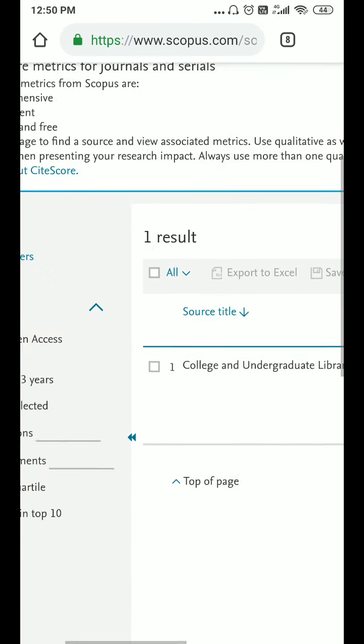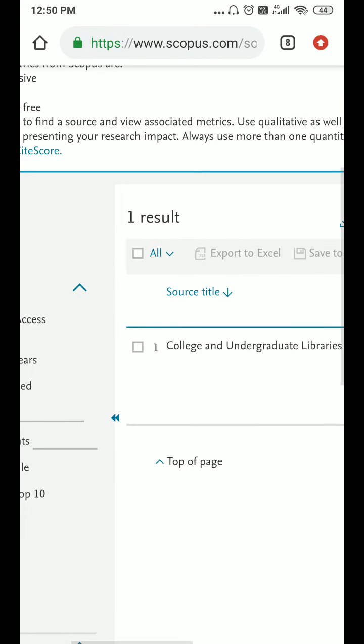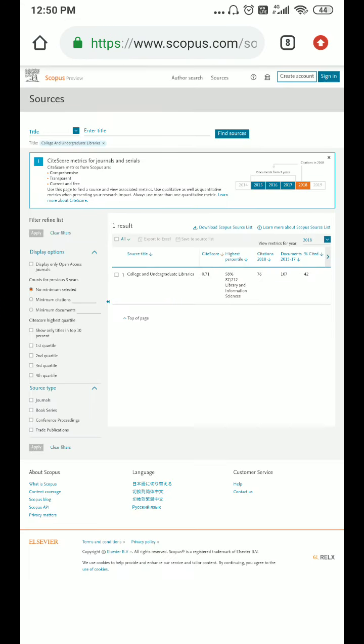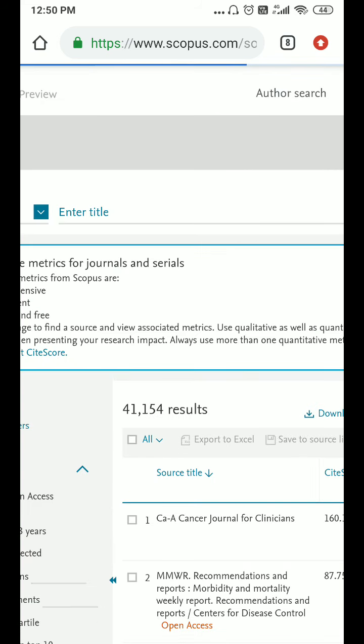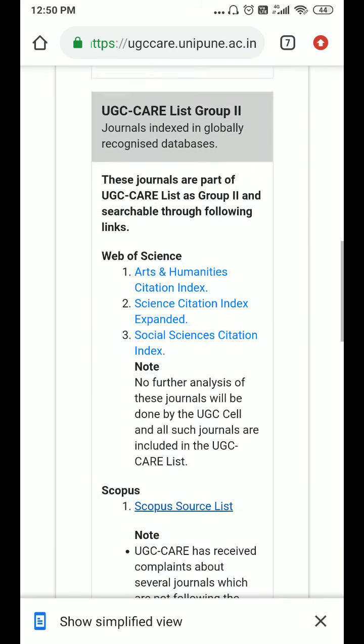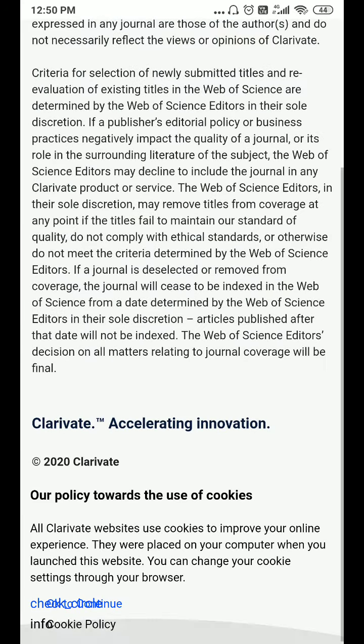It is a Taylor and Francis published journal. Let's see whether the same journal is indexed by Web of Science also. Since it is Arts and Humanities, I have clicked on Arts and Humanities of Web of Science.